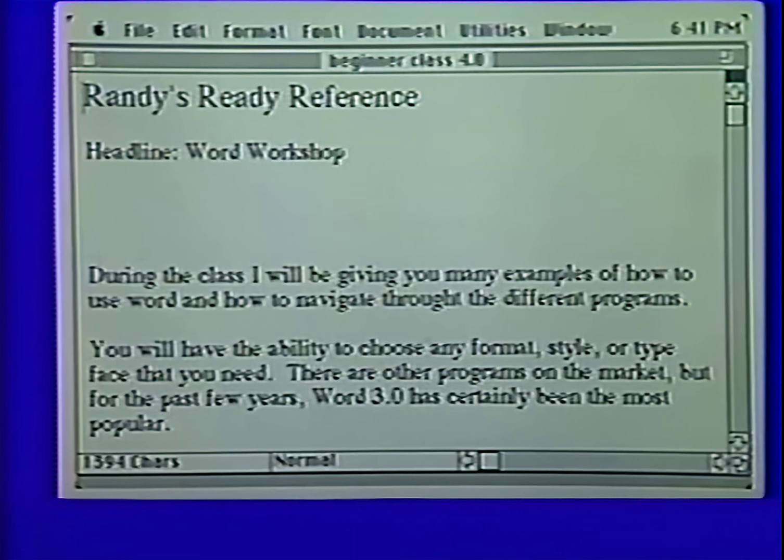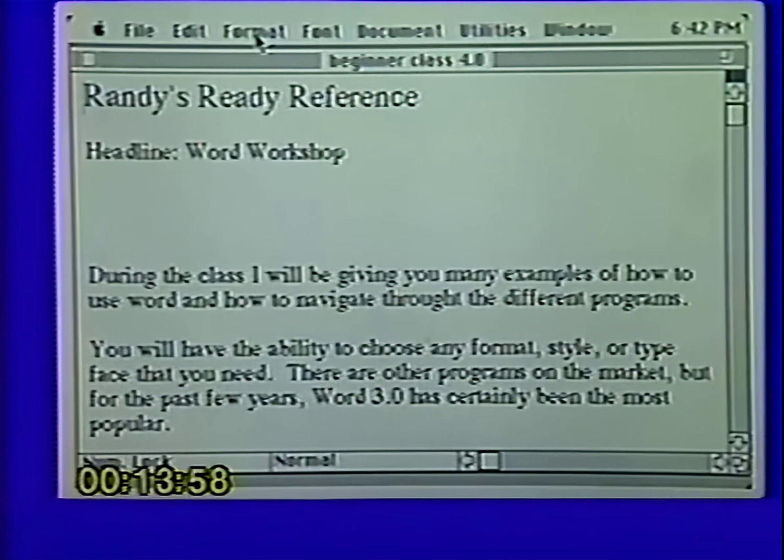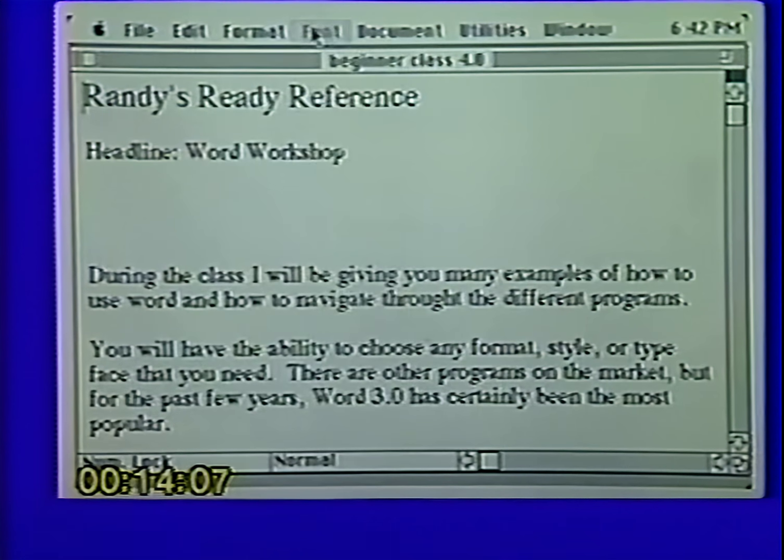So here we go. As you can see, this is a regular letter in Word, and I'm going to go through some of the pull-down menus. The way to remember a pull-down menu is to think back of the old blinds like your grandmother had. You used to reach up in the window and you'd pull that blind down. The exciting thing about the Macintosh and Microsoft is that as you pull down each of these menus, most of the words are in English. You'll recognize them. They're not some computer command.